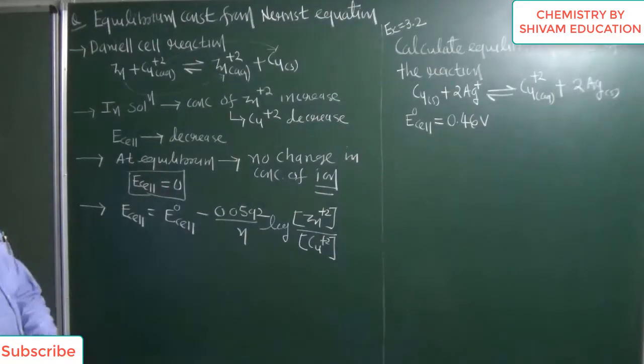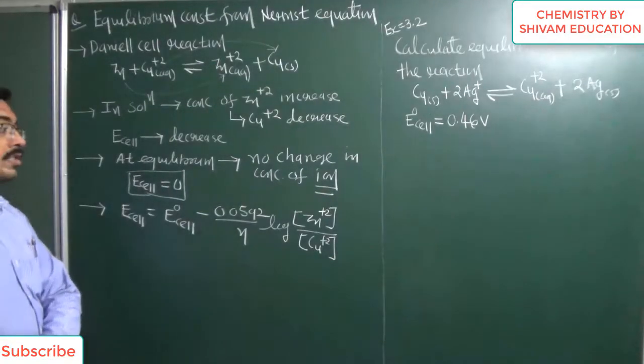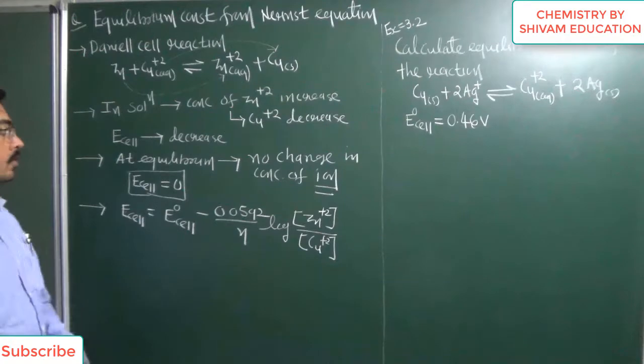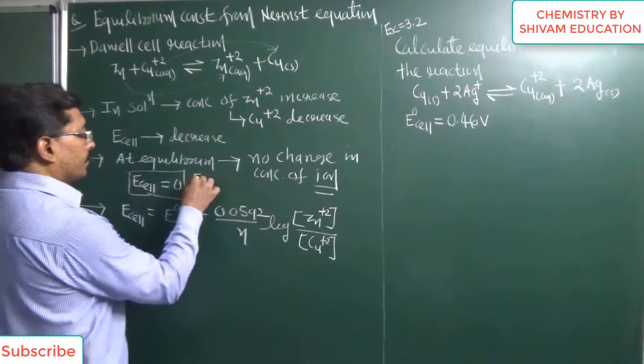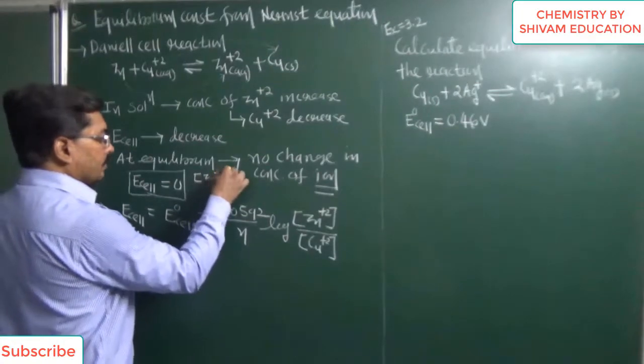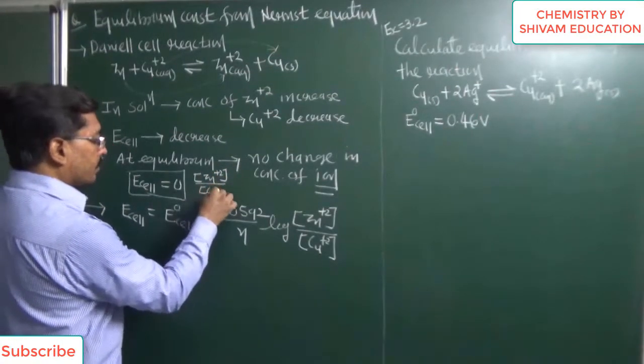Now when the system attains equilibrium, there is no change in concentration. So we can write the concentration of Zn+2 upon the concentration of Cu+2